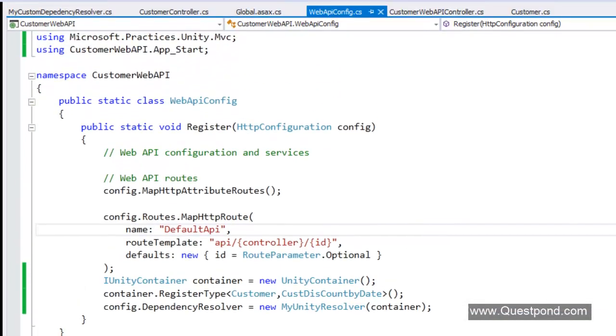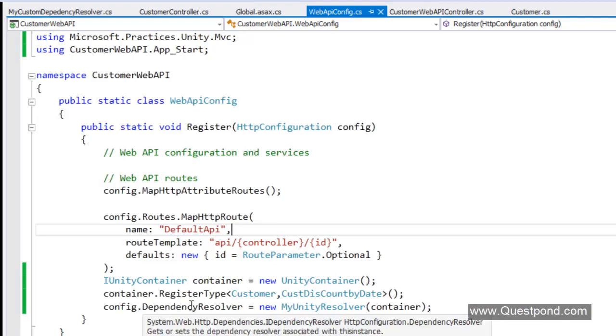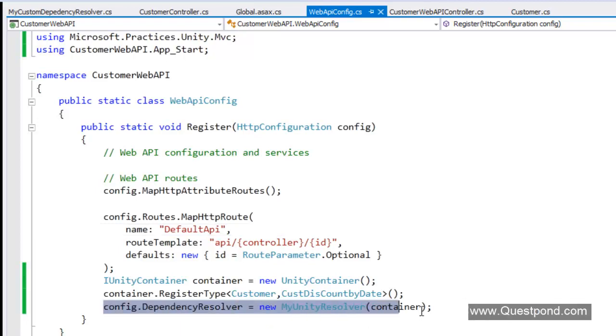That is nice. So what will now happen? If you see here in the web API configuration, I'm saying my resolver is a Unity resolver. Tomorrow, if you want to change this resolver to something like my ninject resolver, we just have to change this part of the code. The basic purpose of this resolver class is decoupling. So I just need to change this one line of code, and then I can replace my complete dependency injection framework with some other kind of framework. Okay, so we are almost done.